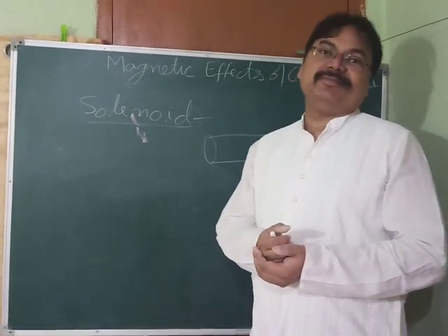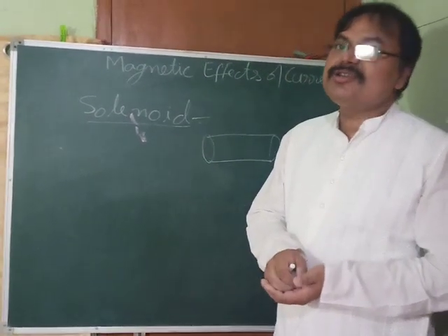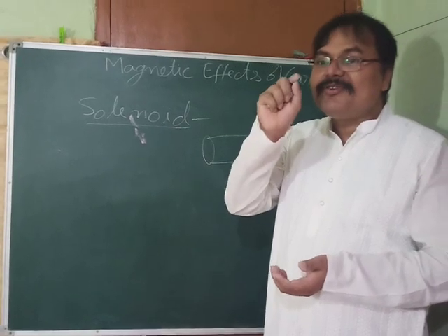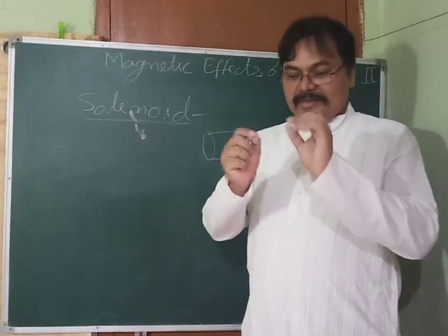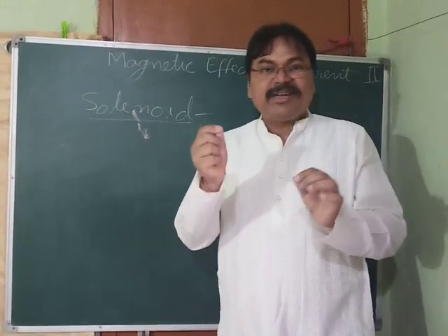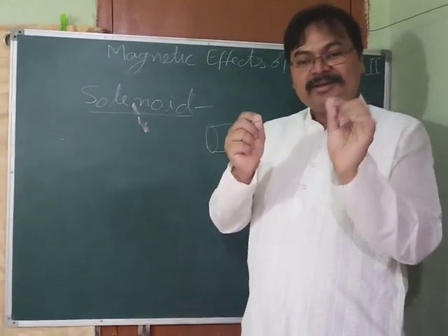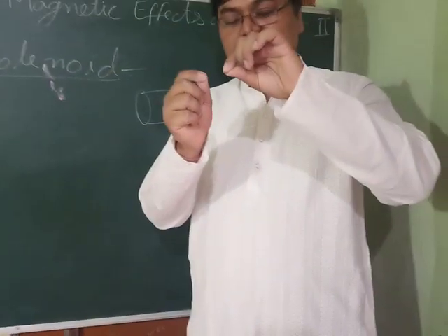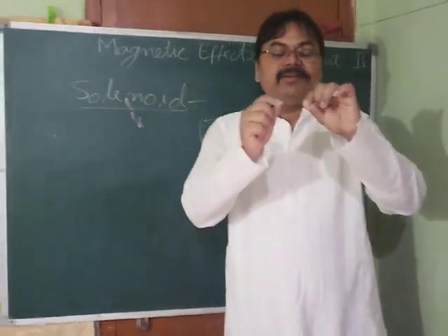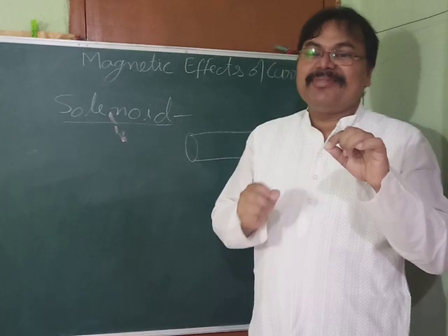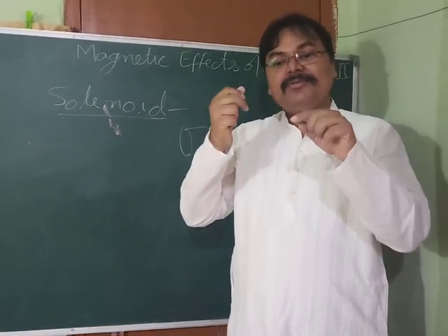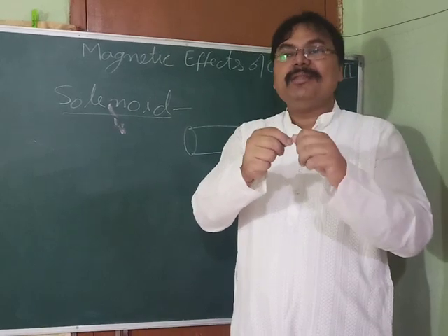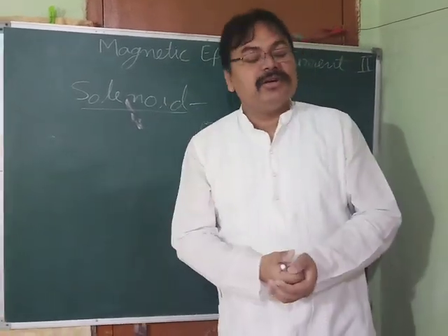Why it doesn't work? Because, my dear children, there is insulation over the wire which you cannot see. So how to remove it? You can just light up a matchstick and bring that wire, which is of copper color, near it. What you will find? Something over it starts burning. And then you will find the wire which was under that comes out, and then you can join it, it will get conducting and it will work.